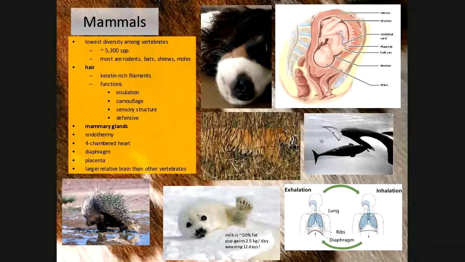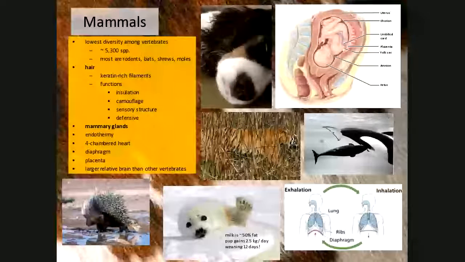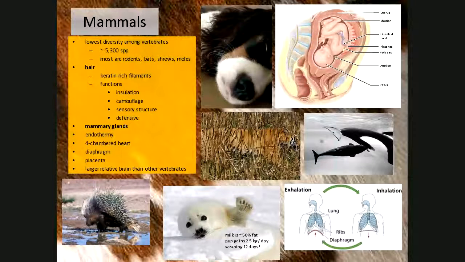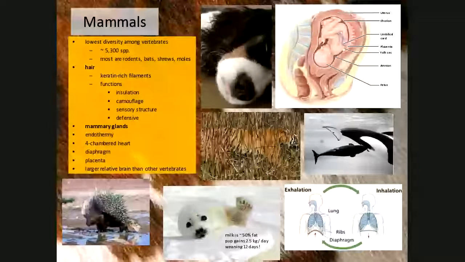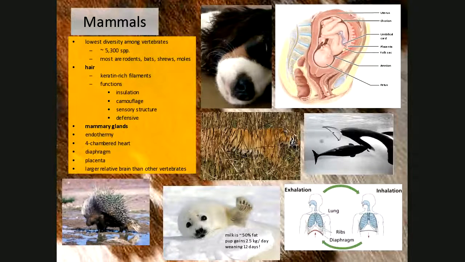Again, what happens in organisms as they become more specialized, right? As they become more unique in the way they are. Well, I shouldn't say that. All of them are unique. We see fewer and fewer critters as far as diversity goes, and most among the vertebrates are the small little. Most among the mammals are the small little mammals, the rodents, rats, the bats, shrews and moles, little critters that